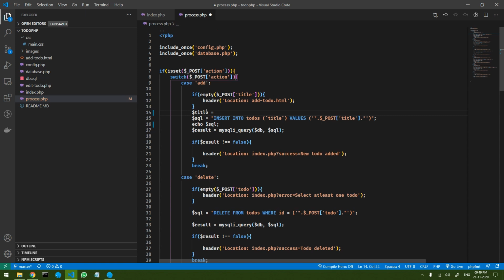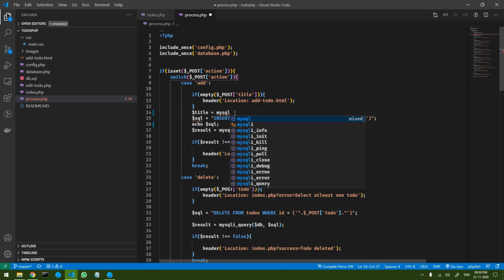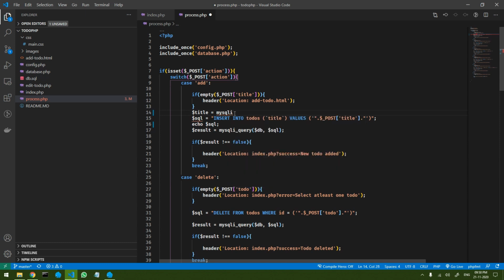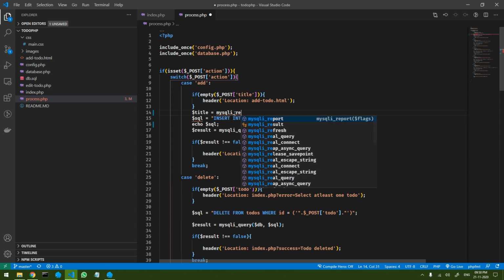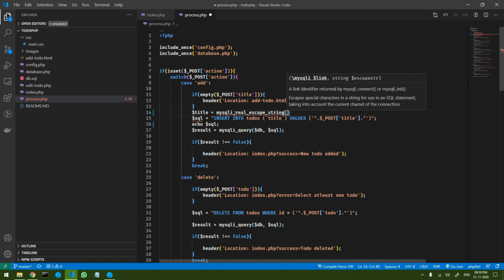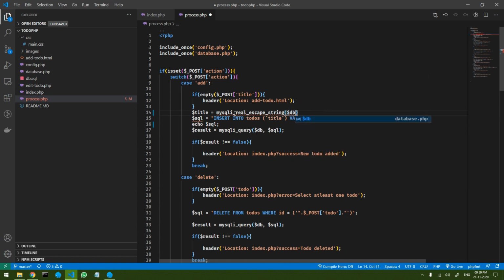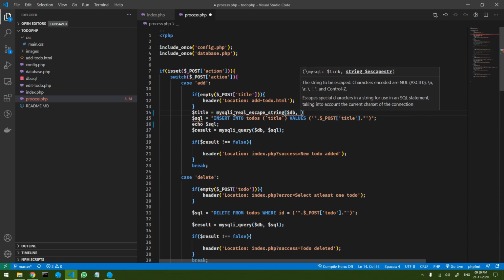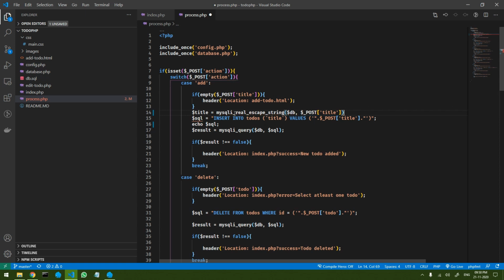But before assigning it directly, I will pass it through a function called mysqli real escape string. This is the command I'm going to use. It expects the first parameter as the link, that is our DB link, and the second as the variable that you want to sanitize.